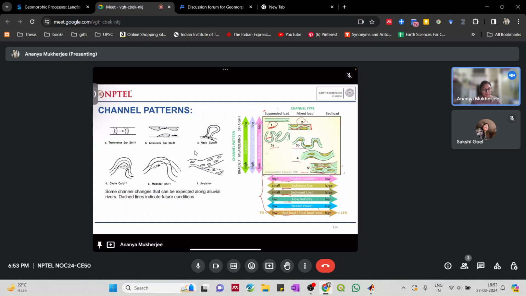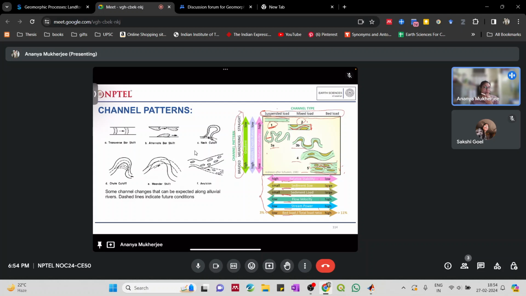Then again, the sediment load varies, and it is much higher in the channels that come under the bed load pattern. Then the flow velocity also differs, and stream power also differs. This is if we see it in the horizontal manner: we can classify them in terms of the load that they are carrying. But if we want to see how the channel pattern varies as per the shape